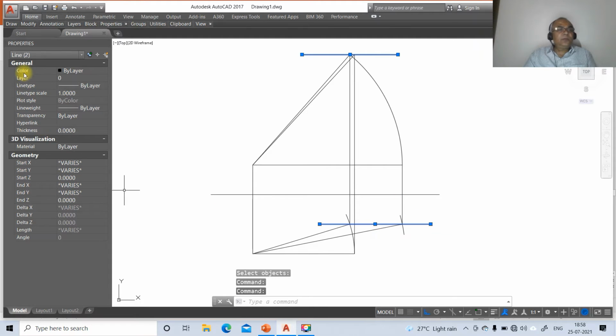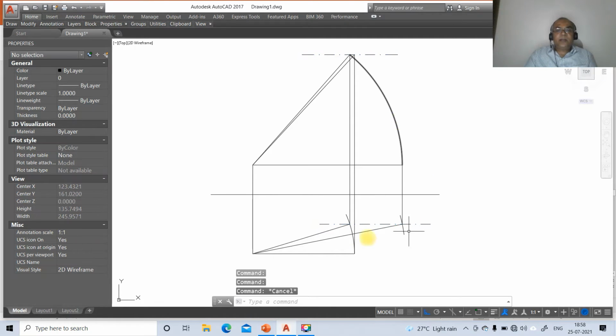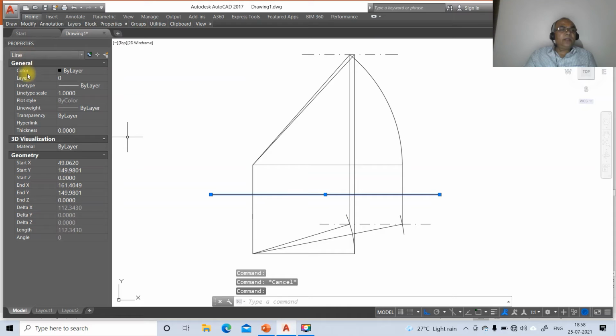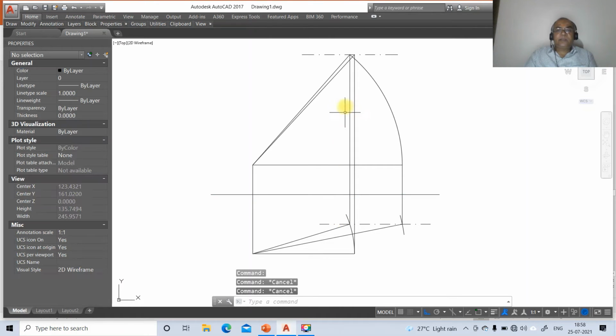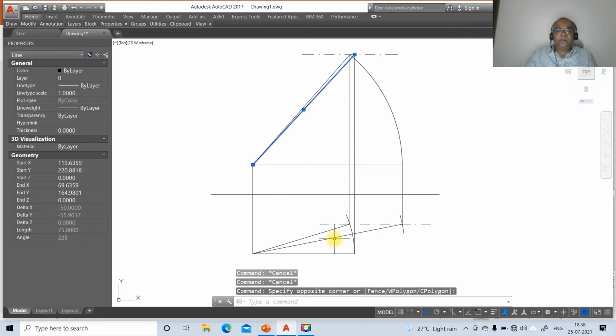Once you do that, now we go for changing the layers. So you just go to these two, go to layer, make that layer as locus, and then increase the line type scale, and then you click on this, go to layer, you mark this as xy line, then you just click on these two. So this is the true length in the front view, and this is the true length in the top view.